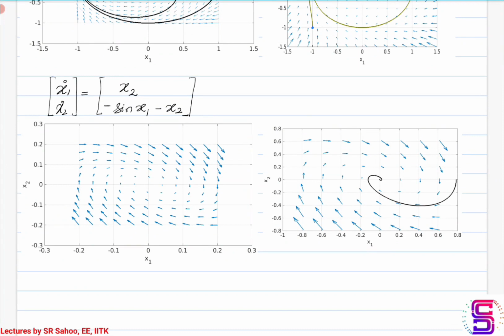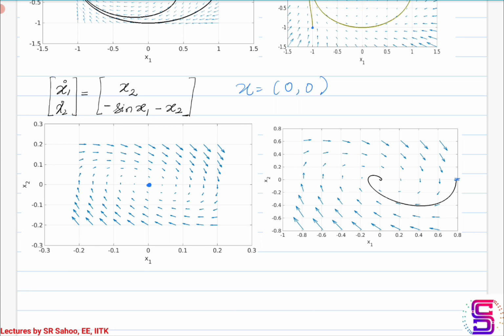Here, if you see the vector field around the equilibrium point, the equilibrium point again in this case is the origin. One of the equilibrium points is the origin. There are multiple equilibrium points, but we'll discuss what happens as far as the origin is concerned. So origin is the equilibrium point which we have here, and for any start that you have, it keeps on spiraling in towards the origin with x1 reducing and going towards 0 as t approaches infinity. Okay, that becomes evident with the example trajectory that I have shown on the right side of the figure.